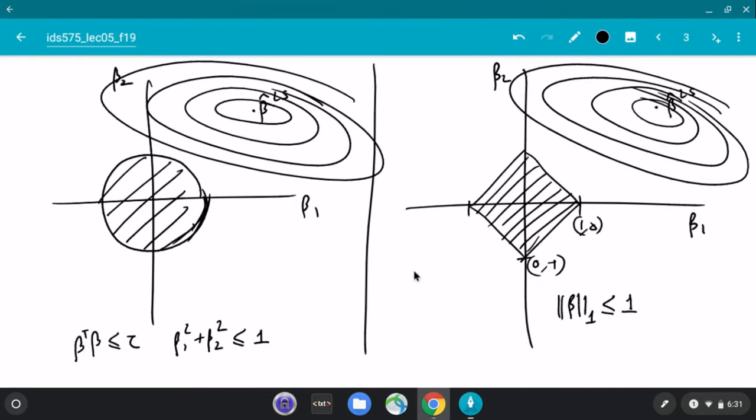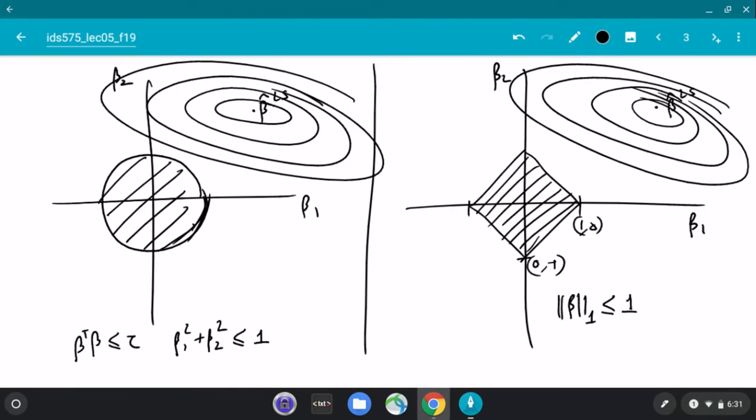And the idea is, what is our optimization problem? If the area restriction was not there, then the whole beta region is valid, and you would just get beta hat least squares. That was the original problem. But if there is an area restriction, then you want to balance. I want to keep a beta inside here, but it also has to be close to the bottom of the valley. There are 2 objectives. So what would be a point inside here which will be close to that? Maybe a point on this horizontal face, or it could be this point or this point.